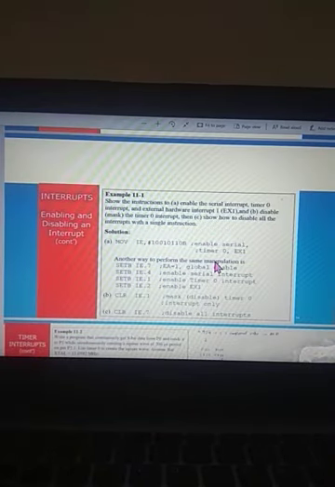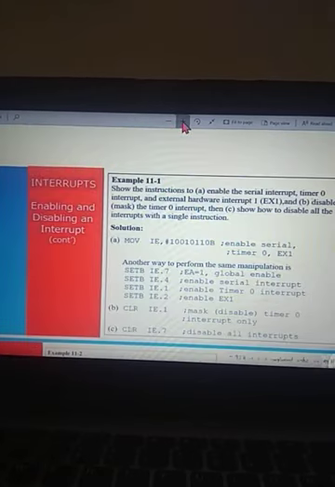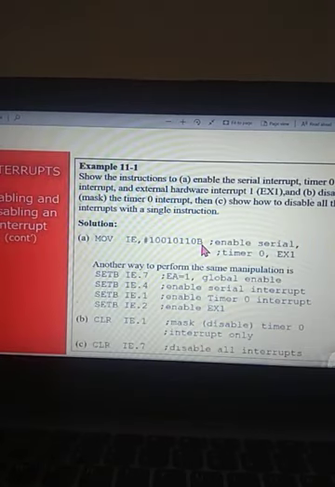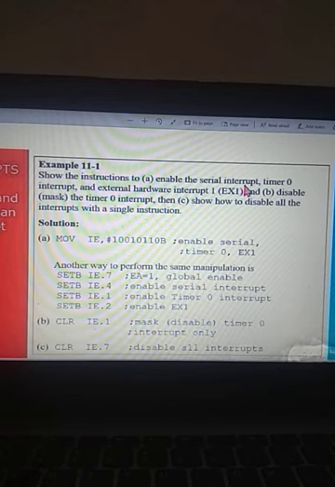Let us take this example 11.1. The task is to write the instruction to enable the serial interrupt, timer 0 interrupt and external hardware interrupt 1, and then disable the timer 0 interrupt, and also to disable all the interrupts with a single instruction.